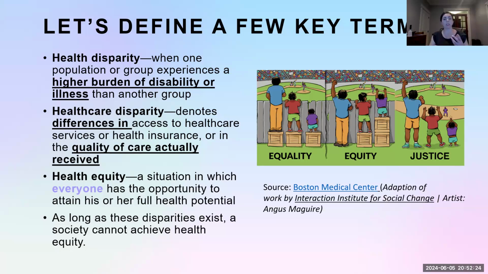Healthcare disparity looks at the quality of healthcare received and the services. And so if you don't have access to healthcare and healthcare services, you will experience a healthcare delivery issue, right? A healthcare disparity. So, for example, when we look at breast cancer outcomes, certain populations may be more or less likely to have breast cancer, not terribly robust trends in that space, right?